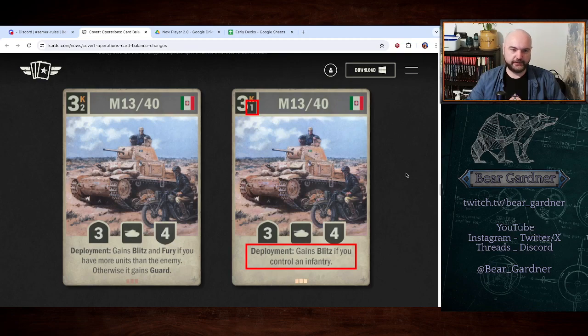Yeah, it's a lot of text to parse. So either you play this and don't have more units than the enemy, at which point it is a 3-cost, 2-op cost 3-4 Guard, which is frankly not great, or you play it when you have more units than the enemy, and on the face of it, it's amazing, because it's a 3-attack Blitz Fury tank. I can put this down and run forward and hit the enemy twice. I mean, you can, if, of course, you have more units than the enemy, and